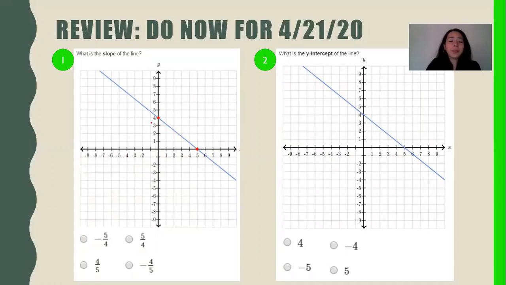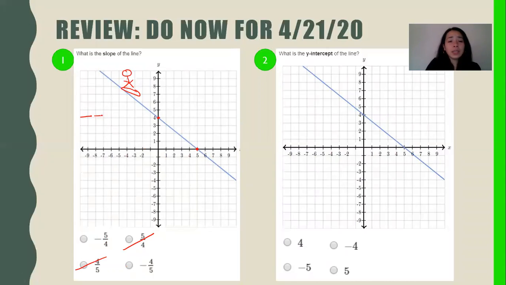So based on that, and the fact that right away I see my slope going down from left to right. So remember our snowboarder example? Our snowboarder would be going down the hill. So that's going to be a negative slope. Right away, I know it's a negative slope. So I know that this cannot be my answer, and I know that this cannot be my answer.